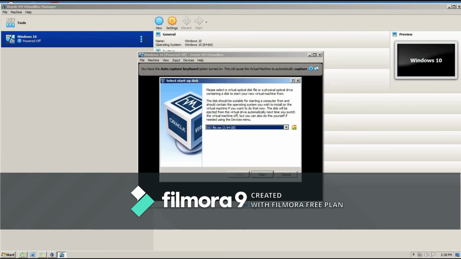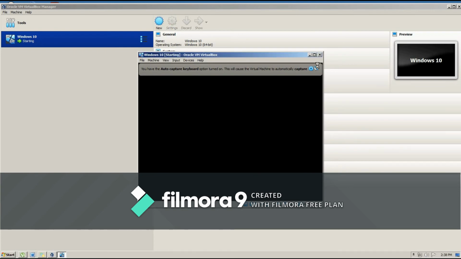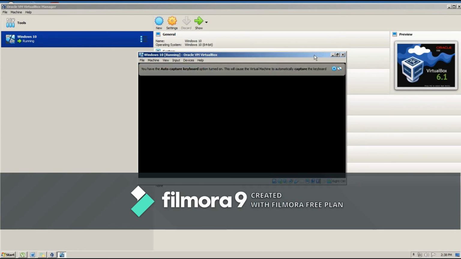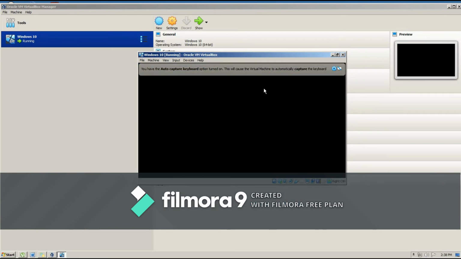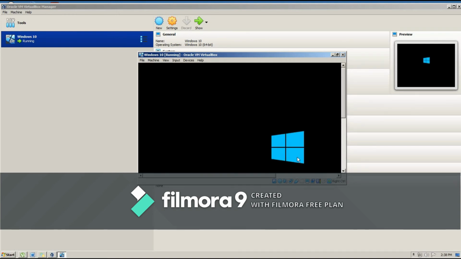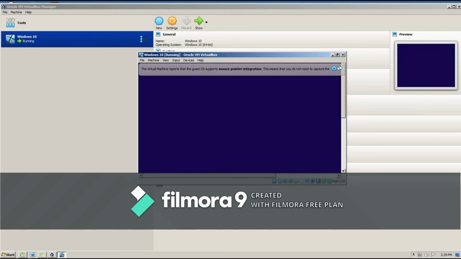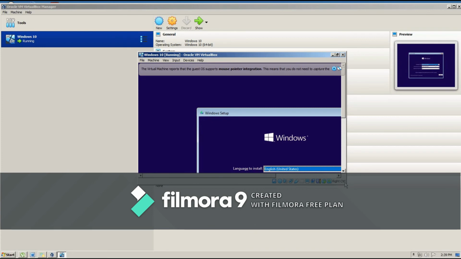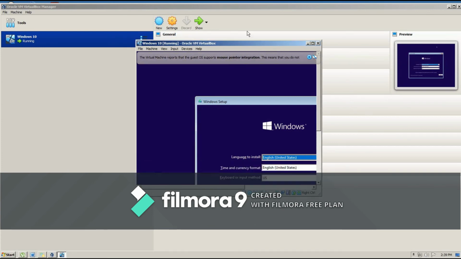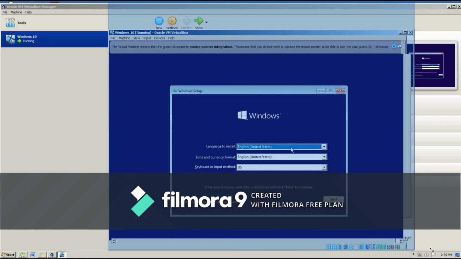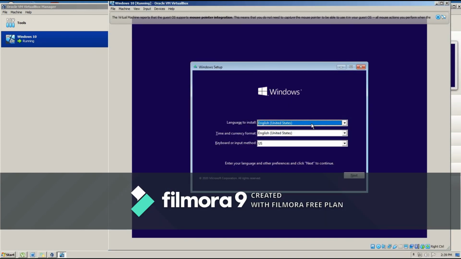And let's just wait for it to load. And then start again. Let me just maximize this. Whenever you have a notification out there, that's okay. You can just exit out. Right now you are already on the Windows 10 setup. So it actually looks the same way when you do an installation on your Windows using BIOS. So let me just expand this. Okay, so let me hit on next